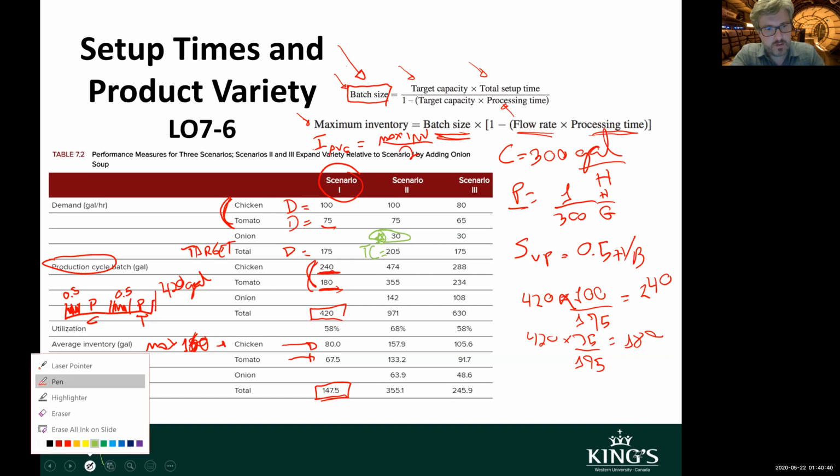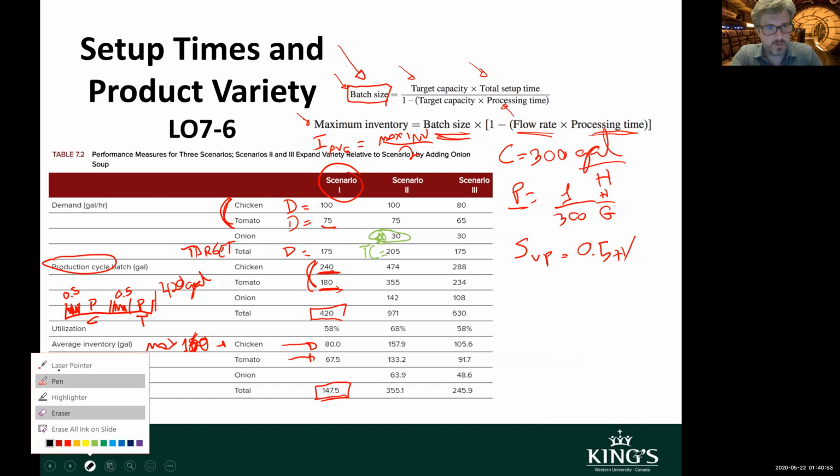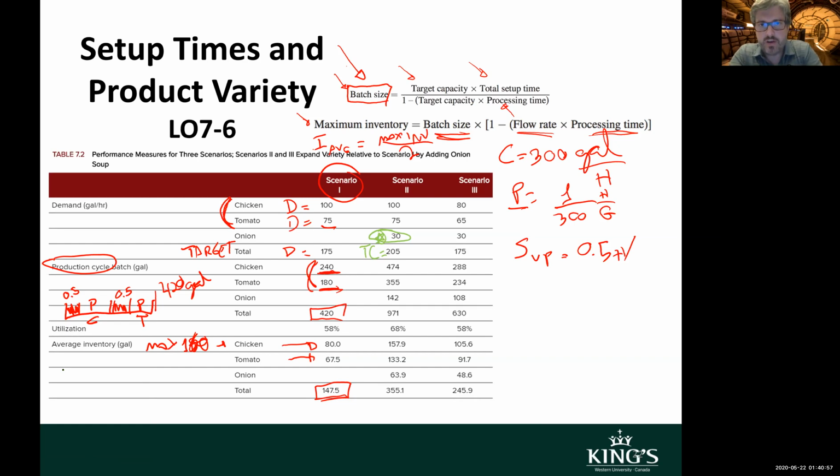And if, let me erase these calculations right here for a moment. Okay. So if now my target capacity is 205, what should be my batch size? Well, batch size will be, the target capacity is 205 times the setup time. Setup time is half an hour for each product, so times 1.5 hours per batch, right? And down here I have 1 minus 205 times 1 over 300, which is the processing time for each gallon of soup. So this is going to give me, as you calculate all of this, this will give you